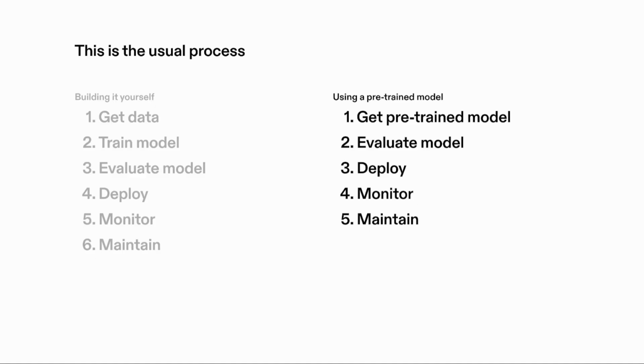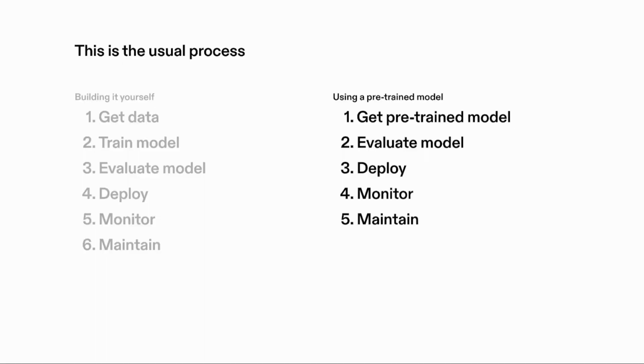So if you don't want to build it all yourself, maybe you want to use a pre-trained model, then you're not going to have the get data and the train model steps. Instead, you're just going to have this one step at the beginning where you get the pre-trained model. You find a source online, typically on a website called Hugging Face. You can download the model from there, and then you go through the same process. You need to evaluate it, make sure that it hits your operating points. Then you can deploy it, then you need to monitor it, and then you need to maintain it again, because you will also need to host this one yourself. You'll need to run the computer which runs the AI system.